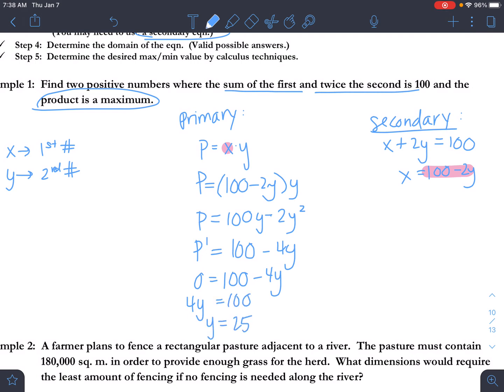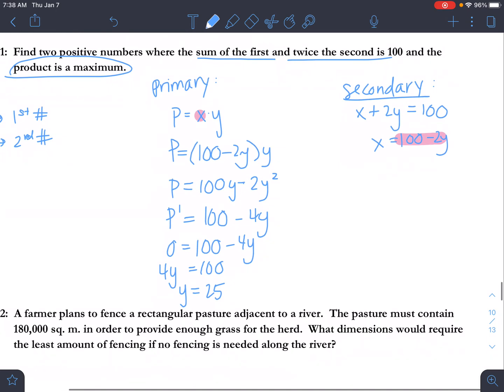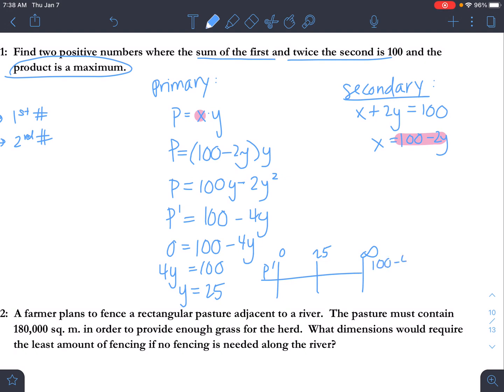So to check if that's actually a maximum, we would do P prime on the interval 0 to infinity, since it said positive numbers, and 25 is our number. We plug into P prime, which is 100 minus 4y. If we plug in something between 0 and 25, we would get a positive. 25 to infinity, we would get a negative, meaning P, our product, is increasing and then decreasing,